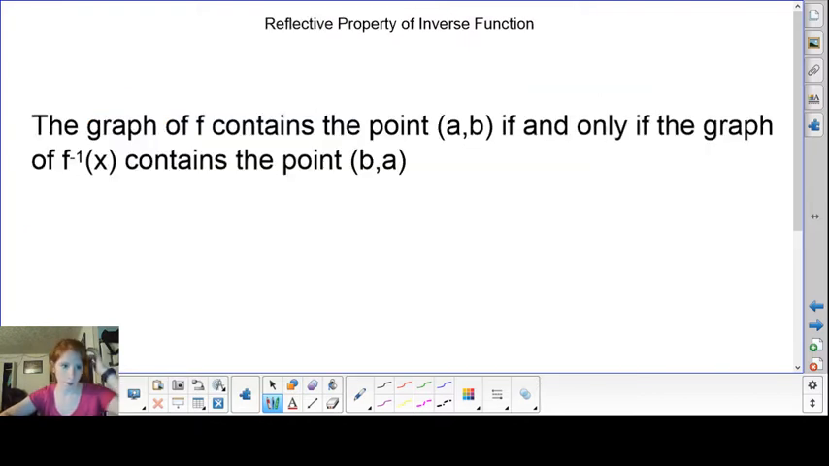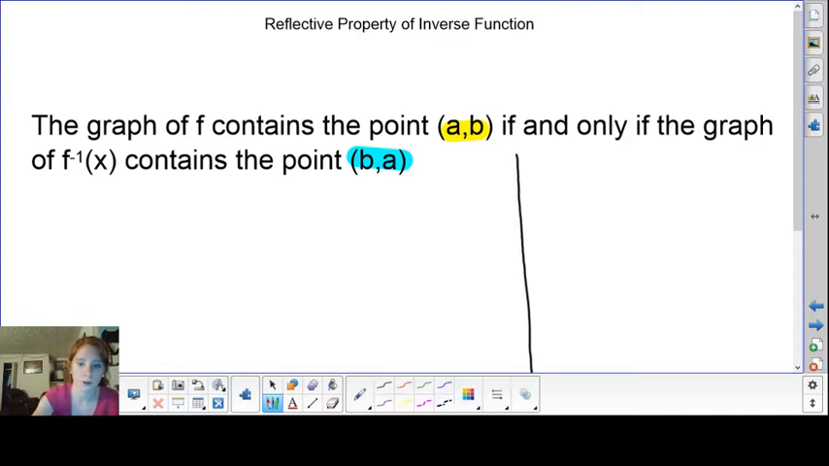So, in this one we're talking about the reflexive property of an inverse. When I have the reflexive property, that means that my point (a, b) will be in the graph of my inverse if and only if the point (b, a) exists. So it has to switch each coordinate. So that would look like